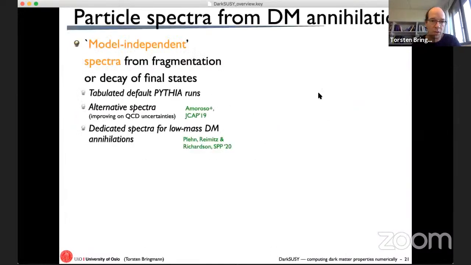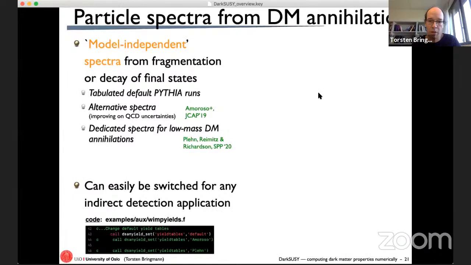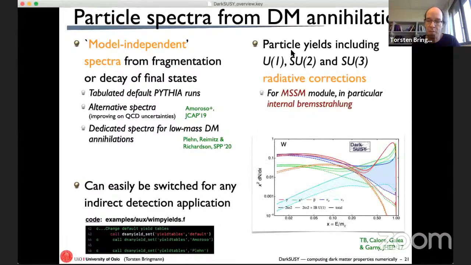Okay, indirect detection yields: there will be a detailed tutorial about this. Let me just mention again that we've implemented all these radiative corrections for the MSSM in particular, and that can lead to very large differences from what you would naively expect. In all these cases, the dashed curves are just the standard results from using Pythia for annihilations. And when we take into account all these radiative corrections, you get